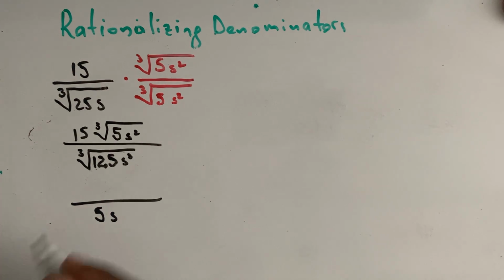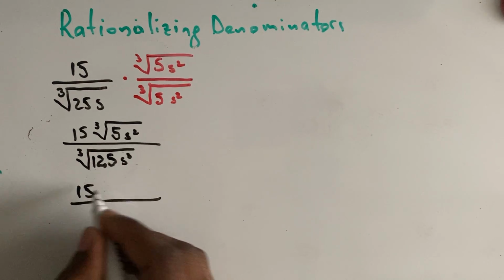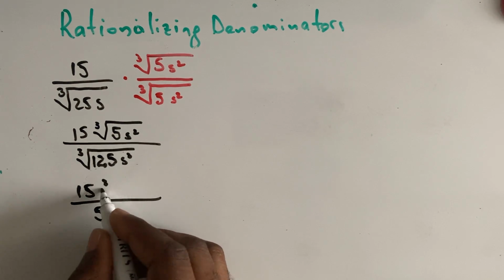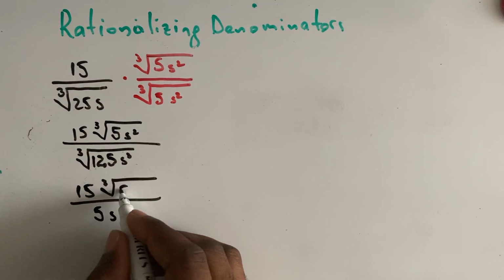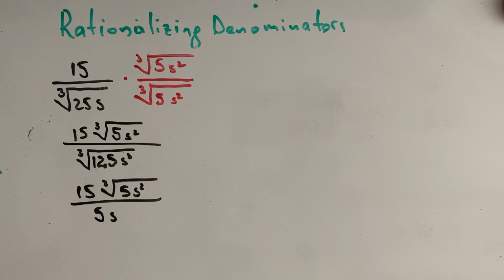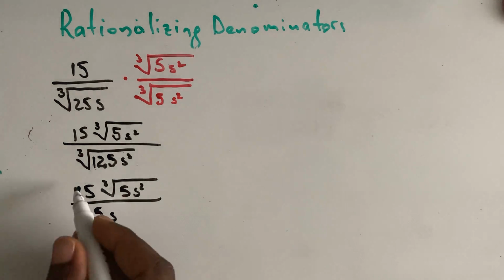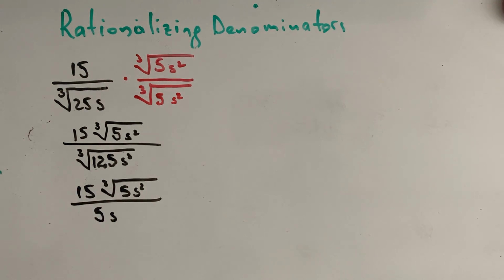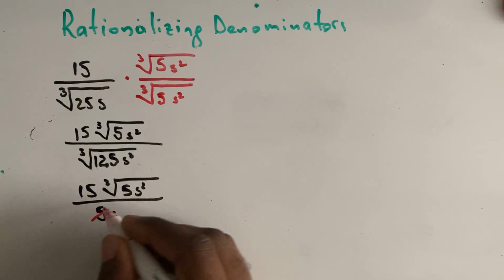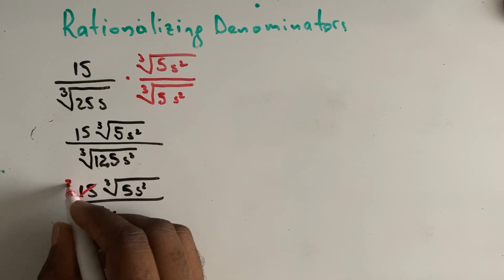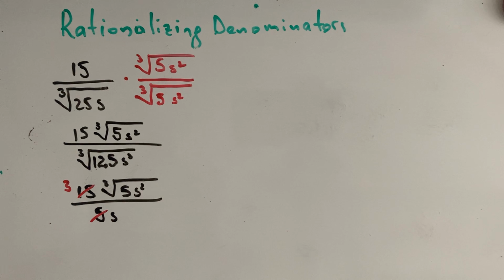And the top part would be 15 cube root of 5s squared, okay? And then you can actually simplify here, right? You can simplify because you have 15 here and 5 here, so we can simplify by 5. 5 goes into 15 3 times, okay? Therefore, the final answer, by the way, would be